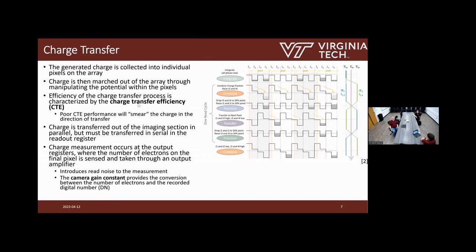Now, the efficiency of this transfer process is characterized by the charge transfer efficiency. That just describes, for however much charge you have in your potential well, in your charge cloud, how much of that is going to be transferred over to the next well. One thing we'll note, and something we'll see later, is that poor CTE performance causes smearing of the image as charge essentially gets left behind with each transfer. And so for context,